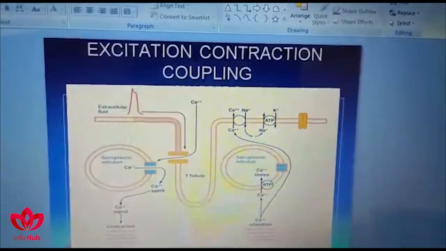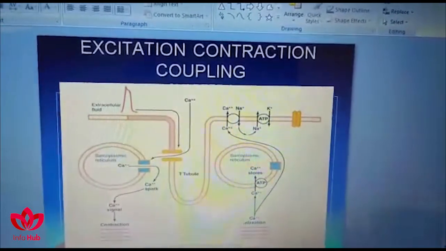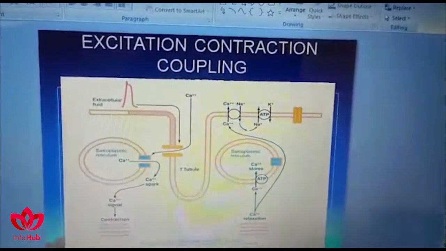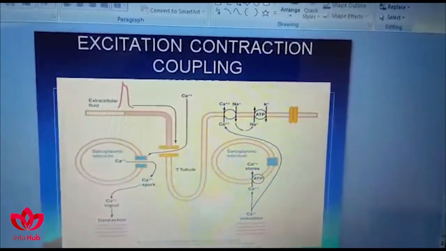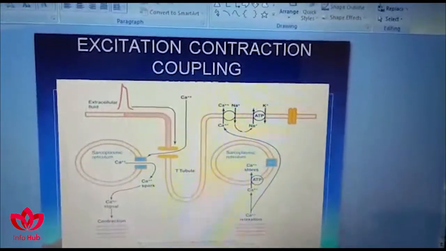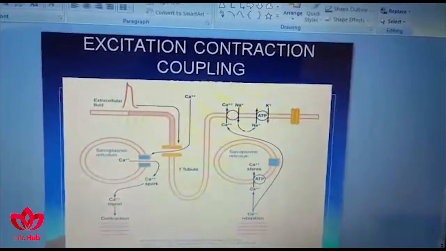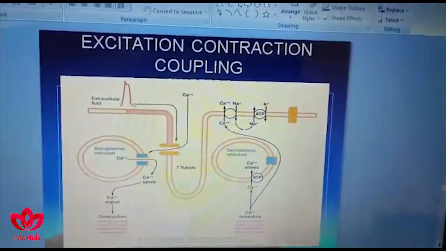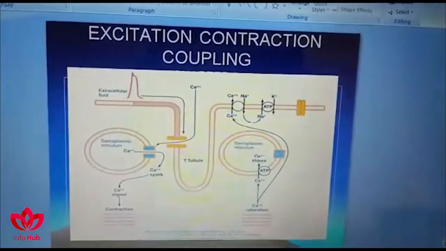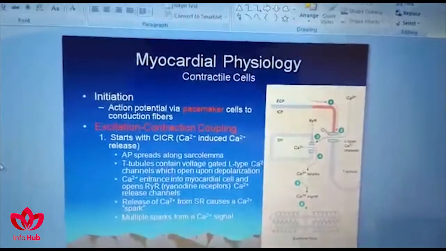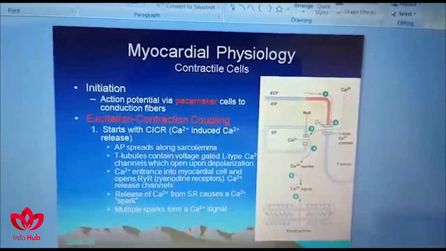This calcium induced opening of the calcium channel causes further release of calcium from the sarcoplasmic reticulum. So there is a rapid influx of calcium inside the cytoplasm, which is called a calcium spark, and this causes the stronger contraction between actin and myosin filaments of cardiac muscles. Here you can see the details of this excitation contraction process.